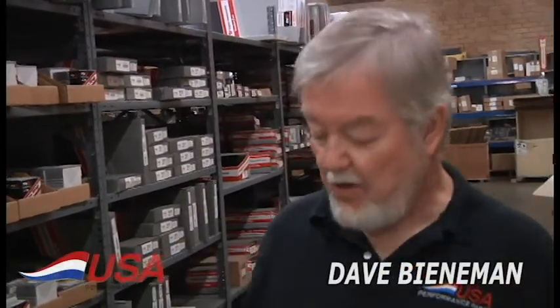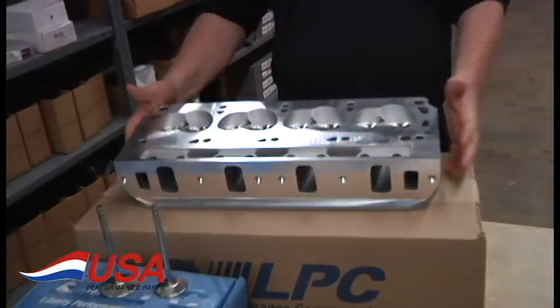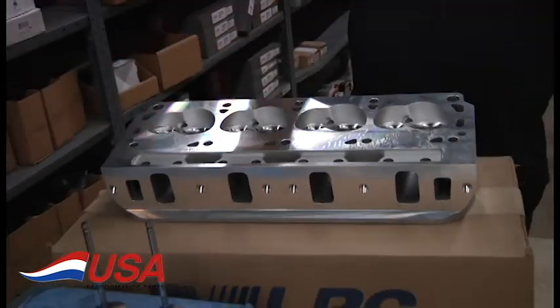USA Performance Parts. We're out here in the warehouse. I wanted to show you our small block Ford top end kit. These are very unique top end kits. They come with the complete